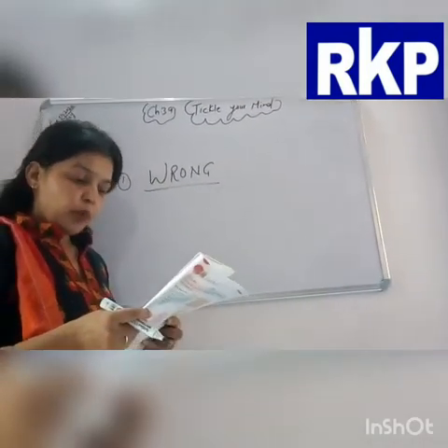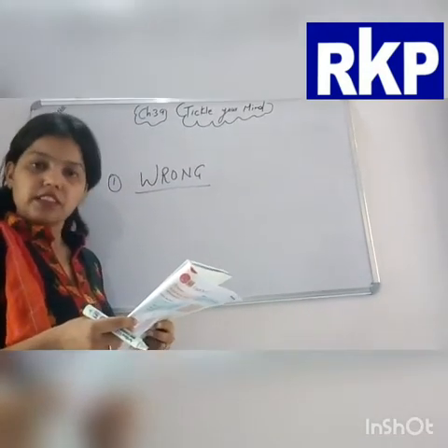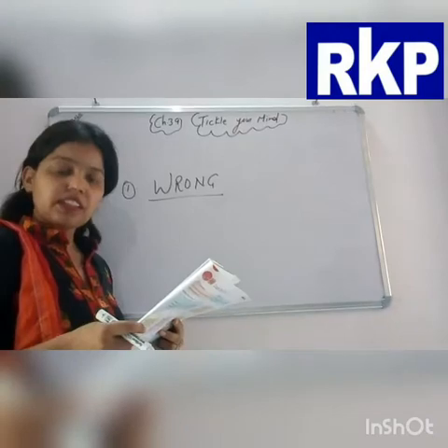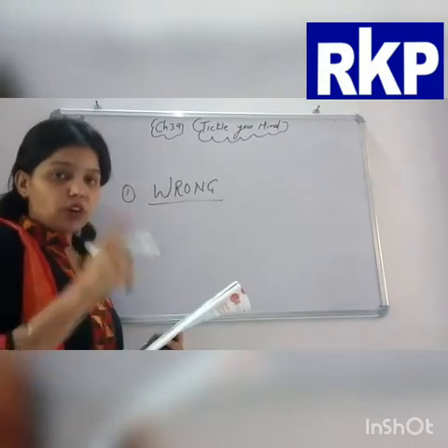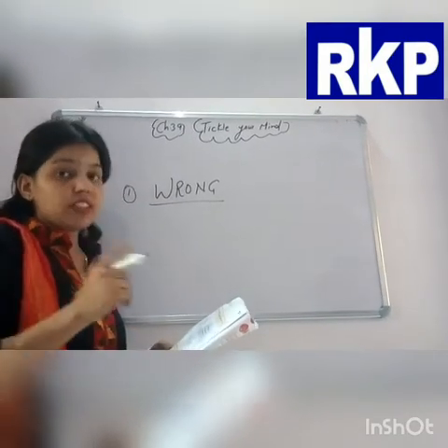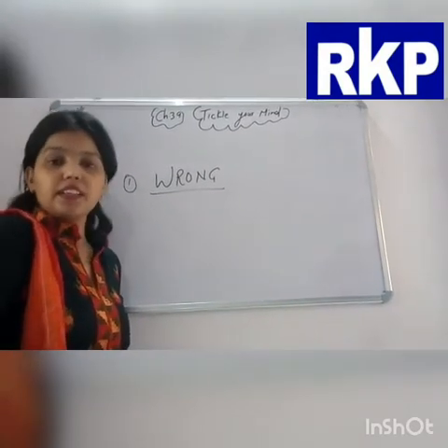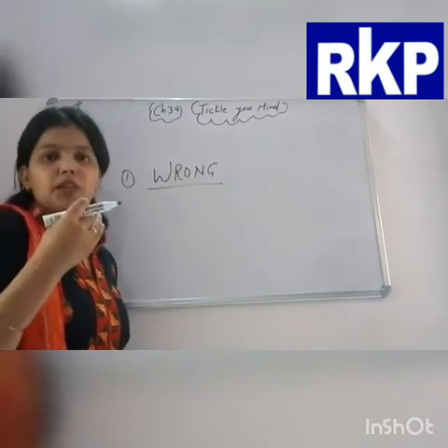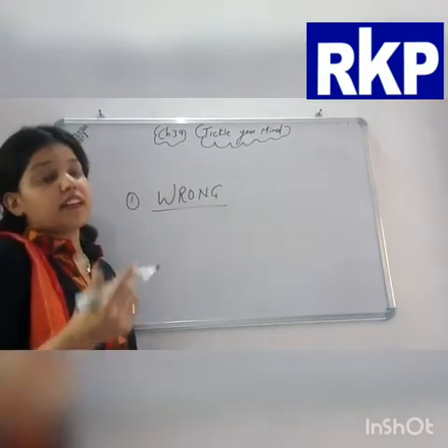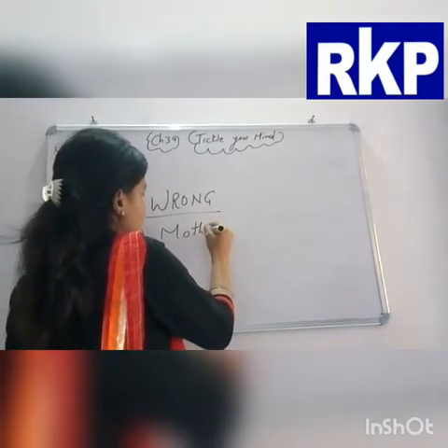Second question. A boy and a doctor were fishing. The boy is the doctor's son. The boy is the son of that doctor and both are fishing. But the doctor is not the boy's father. Boy is the son, but doctor is not the father. Who is the doctor then? Obviously, it will be the mother. Don't think only a male person can be a doctor. A female can also be a doctor. So the answer is mother. The doctor is the mother of that boy.